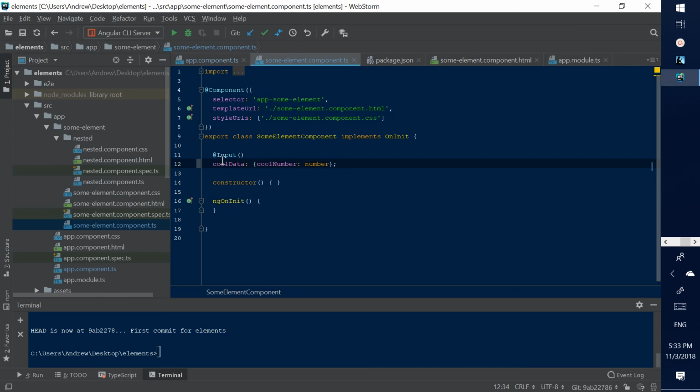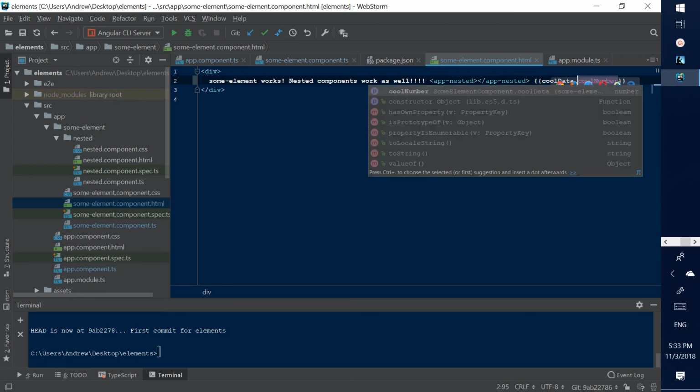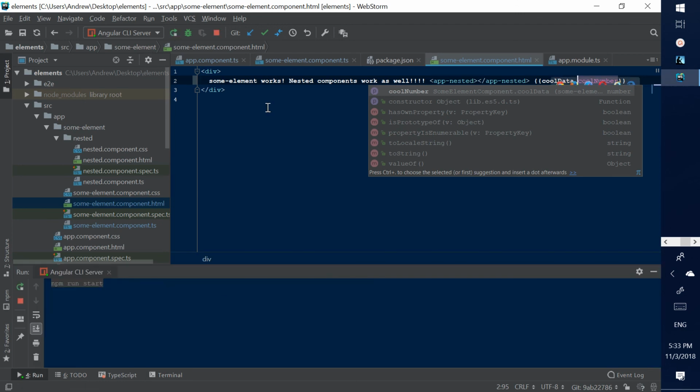And in the HTML file, you need to replace the async pipe since we're not using an observable in this simplified example. And we're taking the CoolNumber attribute out of the CoolData object. So if we save that, make sure our server is running, and go ahead and go to the browser,